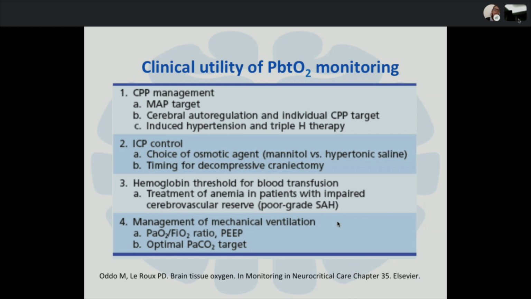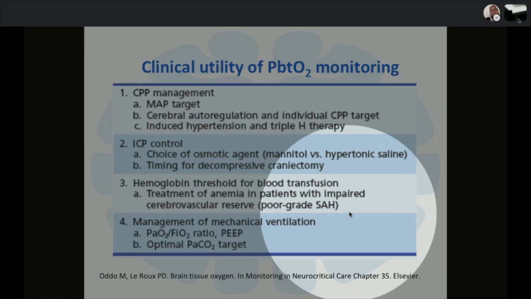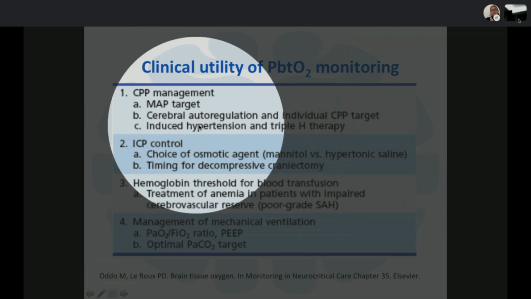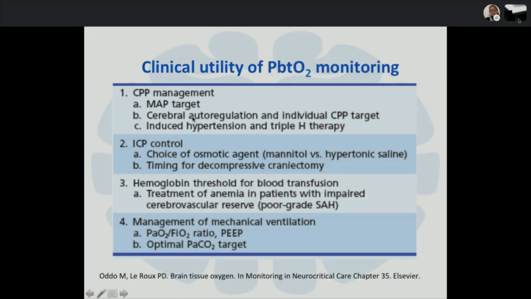So, if we have understood the physiology, we now know that what we need to do is to maintain an appropriate MAP target. Not just an appropriate MAP target, but to assess which is the individual CPP target, which is the target at which the patient is autoregulating best. Of course, in this case, we'll see it in a second, the induced hypertension in subarachnoid patients is of great